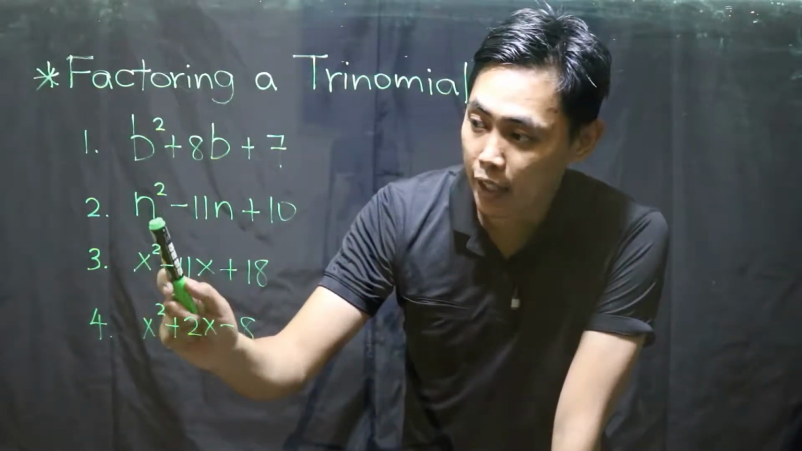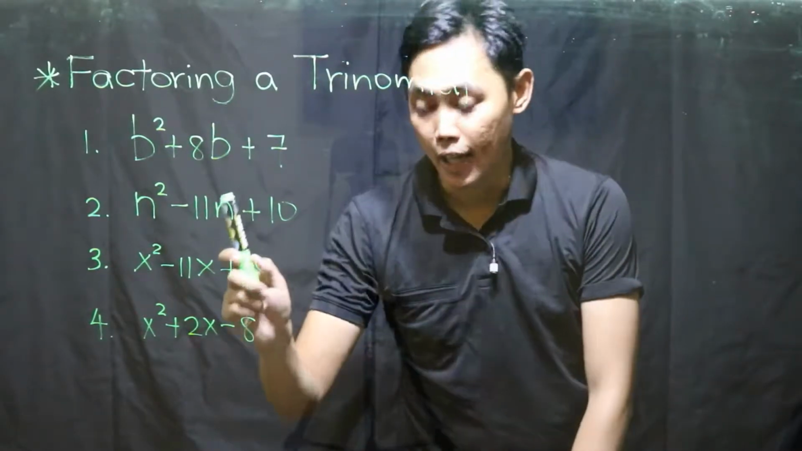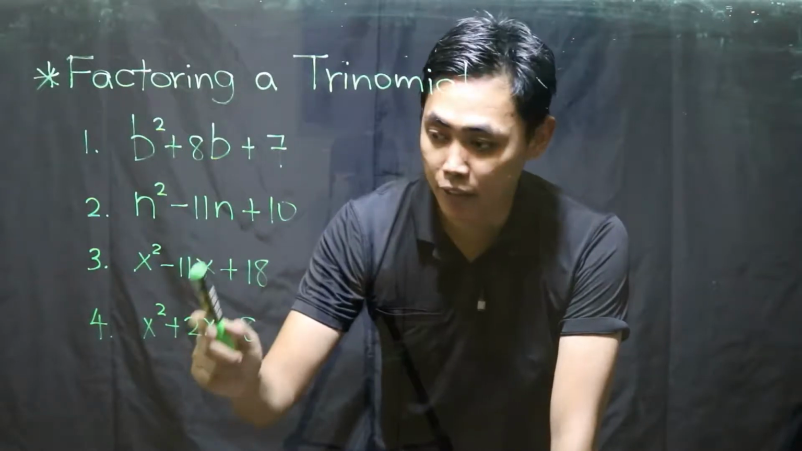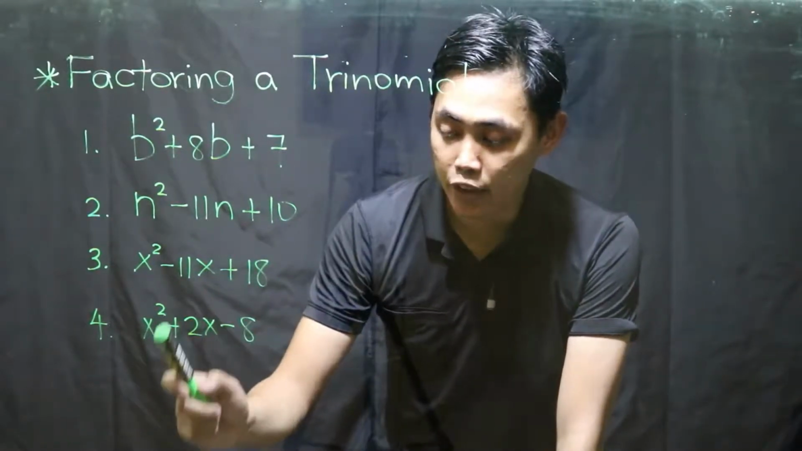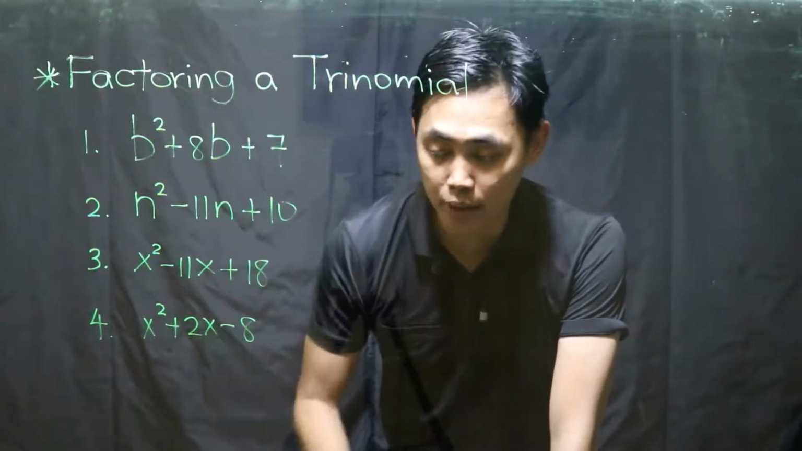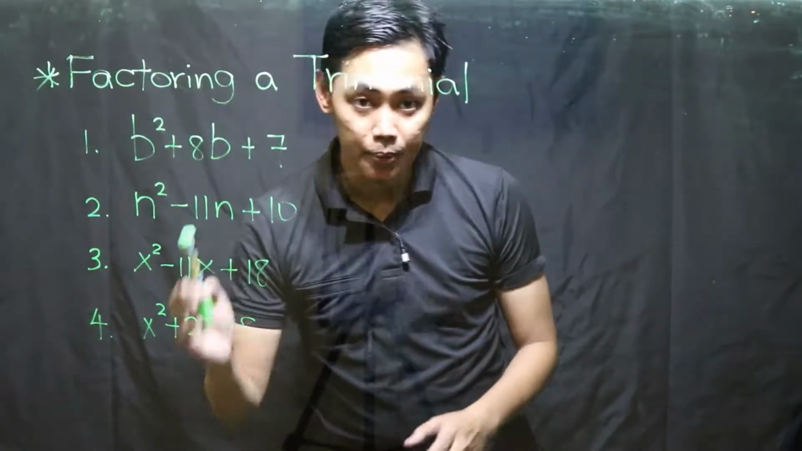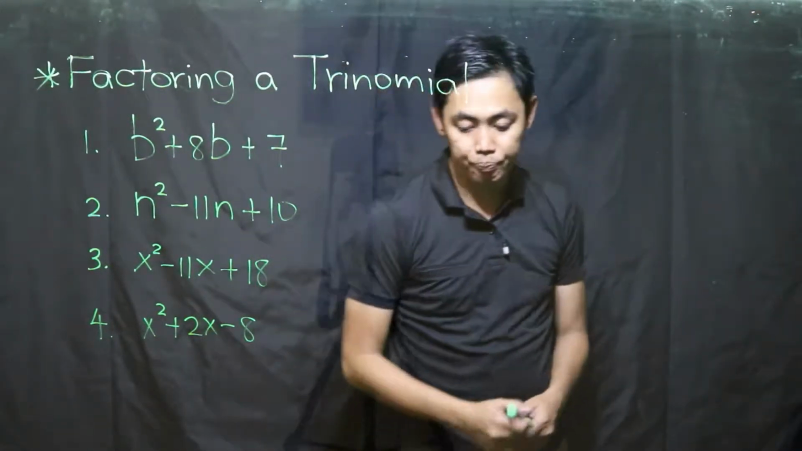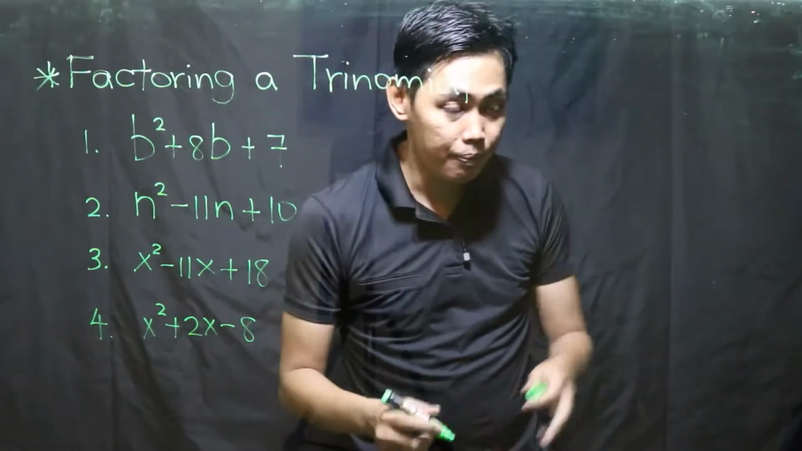The same with n squared minus 11n plus 10, and also the same with x squared minus 11x plus 18 and x squared plus 2x minus 8. So all of these four mathematical expressions are trinomials. And also, it is good to note that